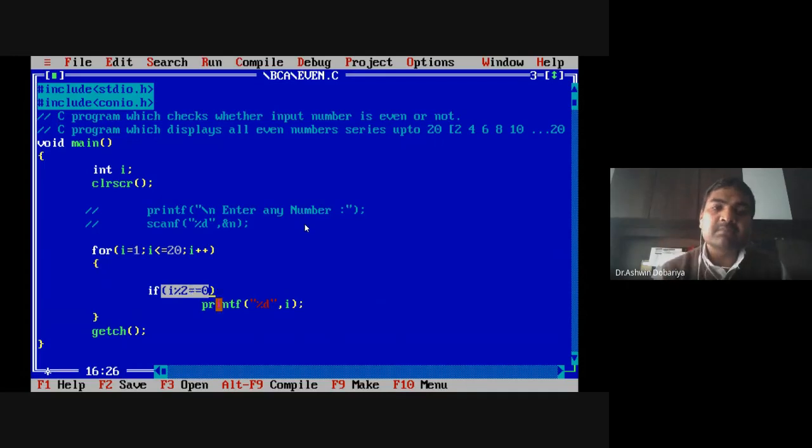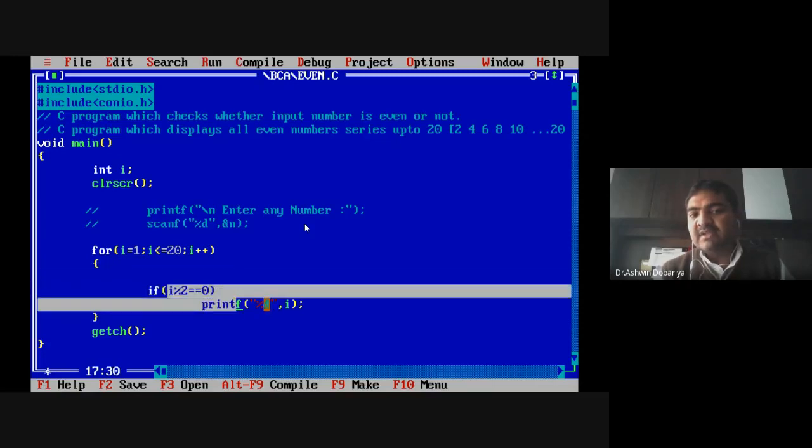So this loop executes 20 times. First time i is 1, second time i is 2, third time i is 3, 4, 5. And whenever this condition is true, then and only then it will display the value of i.